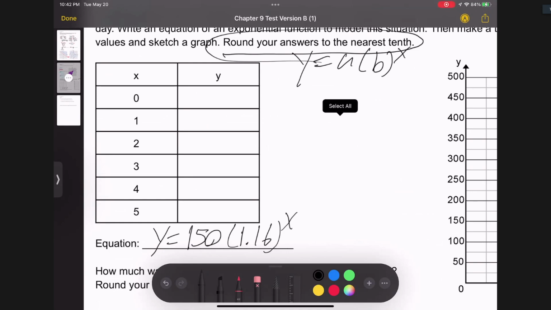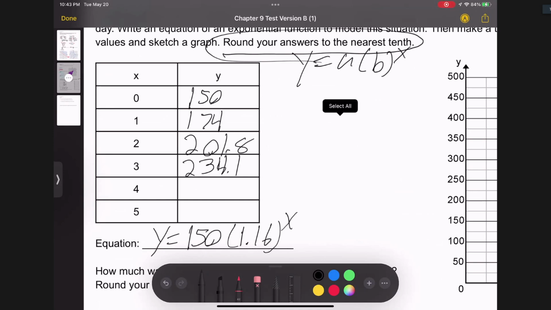So the first one should be easy because it's already given to us. It's 150, but if I plug in the next one, it's going to be 174. If I plug in the second one, that is going to be 201.8, rounded to the nearest tenth place. This is where it's going to start showing the actual rounding occurring. So this is going to be